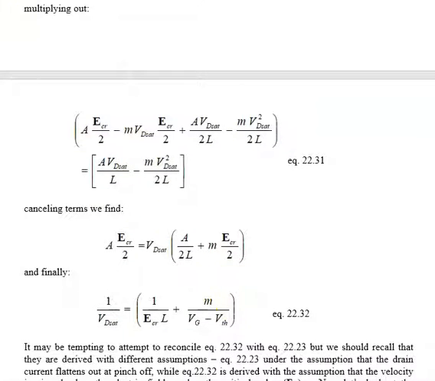And now we can cancel, which is really nice. We can cancel this term, and we can partially cancel this term, and we're left with 1, 2, 3 terms. As these guys go away, and these guys partially go away. These stay the same. So we put the constant term, this guy, on the left, and everything else, this guy, goes to the right. So we take out a VDSAT here. And finally, we have 1 over VDSAT. Bring this guy over to the right side. And equation